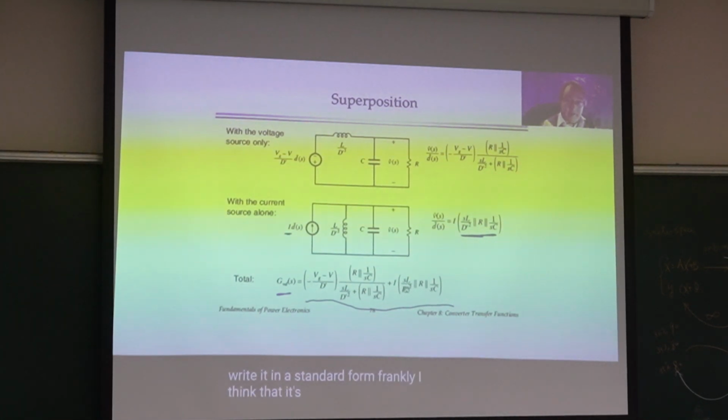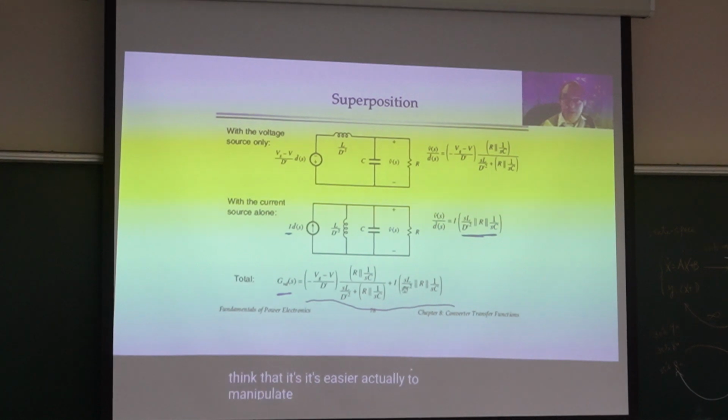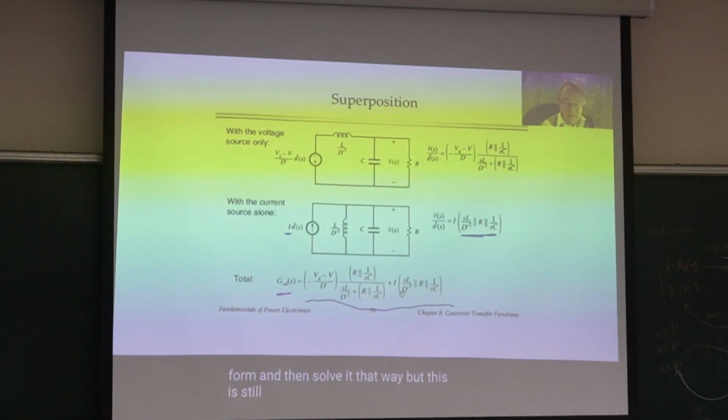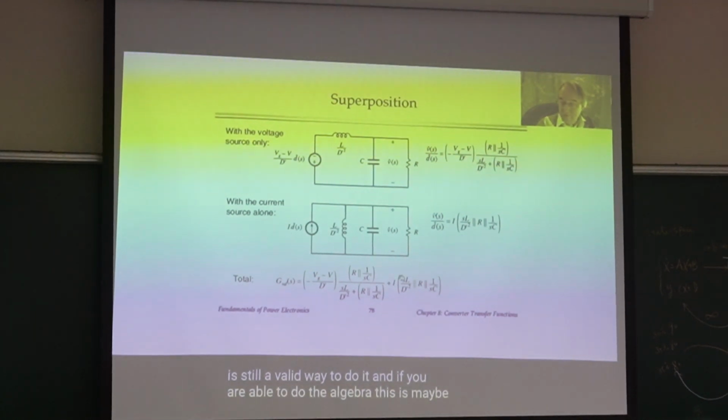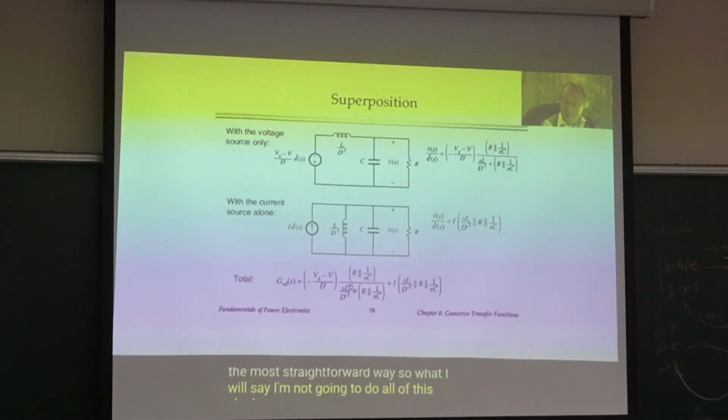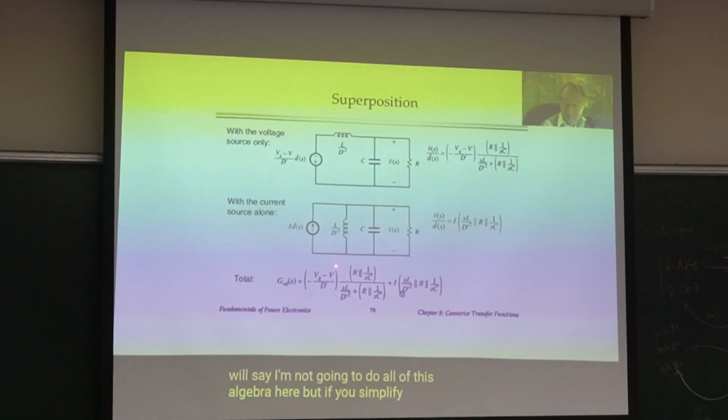Frankly, I think that it's actually easier to manipulate the model into canonical form and then solve it that way. But this is still a valid way to do it, and if you are able to do the algebra, this is maybe the most straightforward way. I'm not going to do all of this algebra here, but if you simplify this